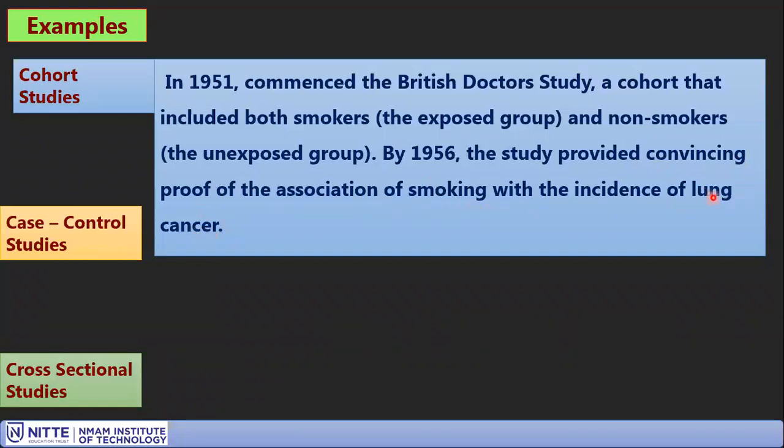So lung cancer is the event. Whether the smokers had lung cancer or not, whether the unexposed group, the non-smokers, had lung cancer or not, they gather the data. It is possible that the unexposed group can also have lung cancer; it may be associated, may not be associated. That is based on analysis of categorical data. Based on the result of the categorical data analysis, you can tell whether there is an association between smoking and lung cancer. So that's the cohort study. You can see that it is a forward in time direction, started with the two cohorts.